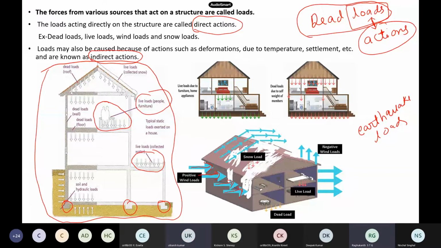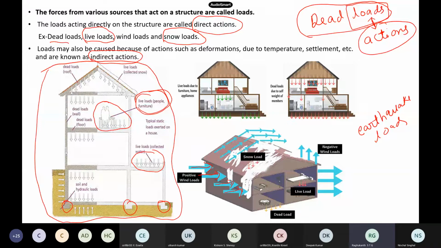Sir, can snow load be classified as a live load? No, snow load is a separate thing, there is a separate code. See, dead load, live load are different. Our IS standard says live load means people, furniture, they all come separately. Now snow load will come separately, because you have to design for snow only in the Himalayas. In Chennai, we don't do any design for snow. To calculate snow load, we have a separate standard itself.